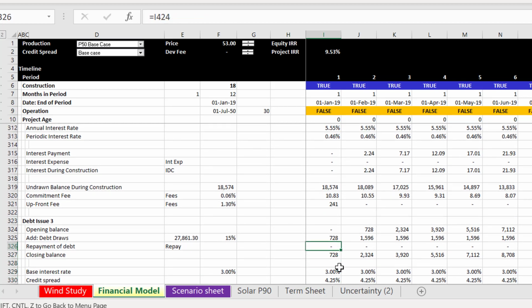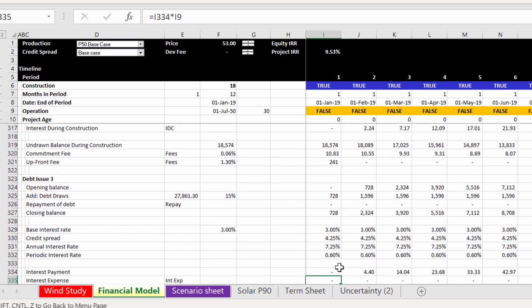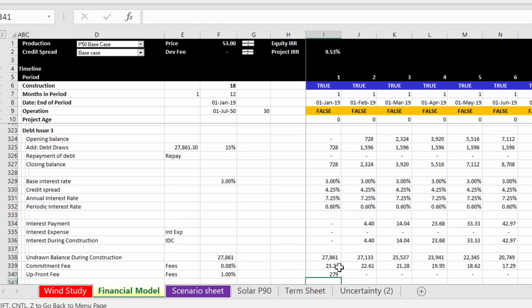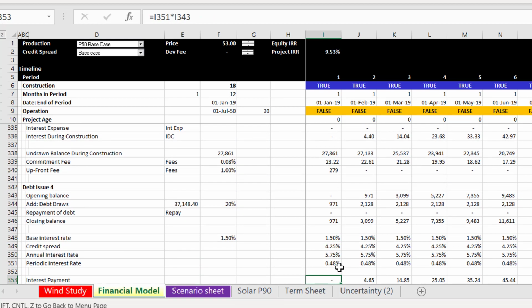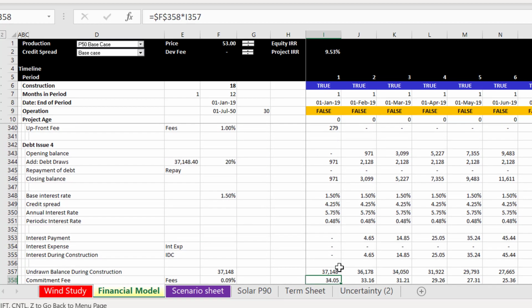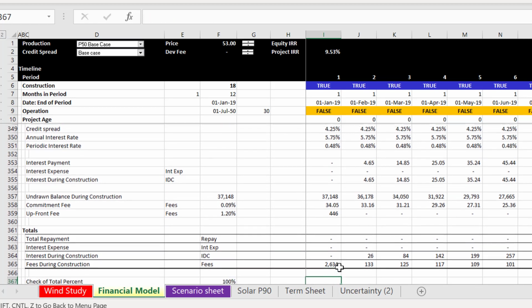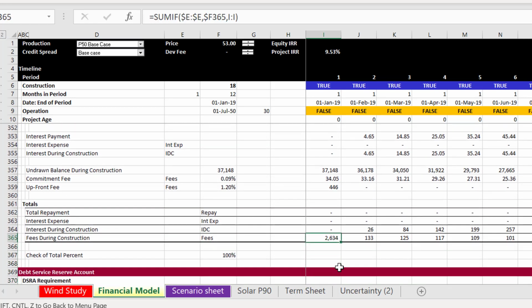And the hard part is the repayment of debt. You can try to manually do your sculpting and go on forever and ever, or you can watch the next video and really see how it's going to work. I'm even going to give you a couple of little exercises to play with. And finally, you better add up all the repayment,